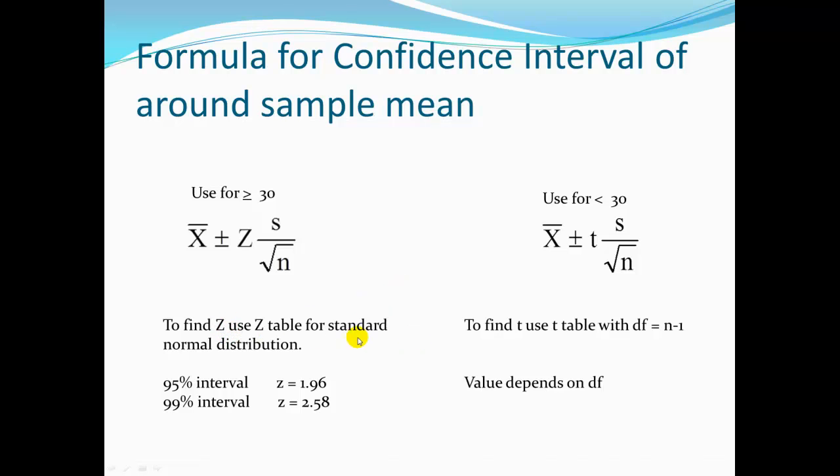So to find z, you would get the z table and look at that. And basically we'd just be plugging stuff into this formula in each case. And z on here would be a critical value based on whatever level of confidence we wanted, and we would use our z table, which we already saw in the other video how to do. But if we were below 30 sample, we would use this over here. Only difference is this value would be found on the t table, where we'd have to know the degrees of freedom and once again what level of confidence we want to have.